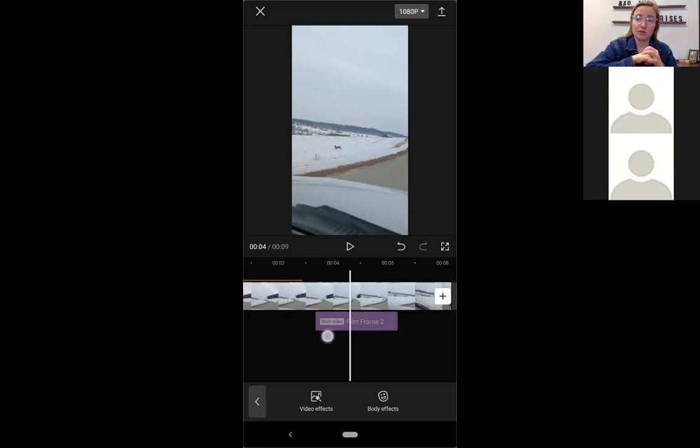You can rip audio off of other videos. So if you're like, oh, I really liked the sound of the wind blowing through the trees that I took on this video, but I want to put that sound over me working at my office for whatever reason, you can go into the audio settings on CapCut, extract audio from video. It'll open up your camera roll again. You select whatever video has the audio you like, and it'll just pull the audio file off of that,